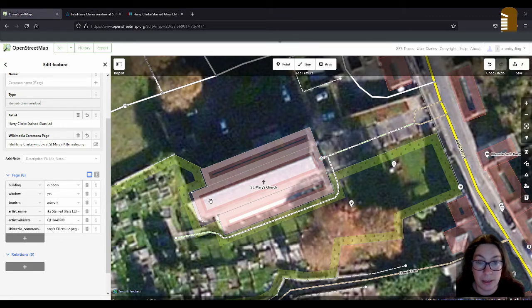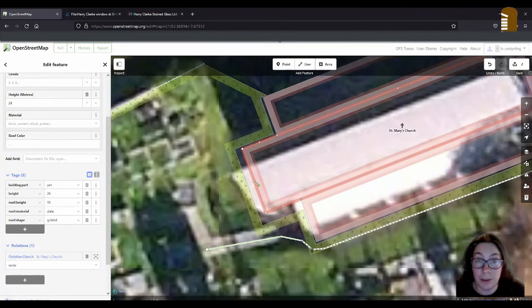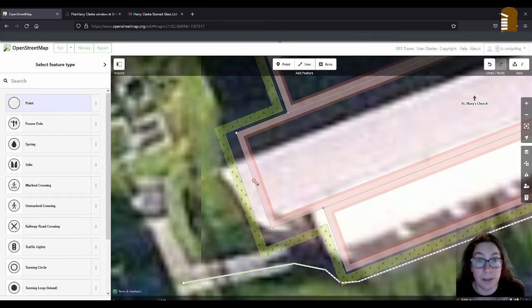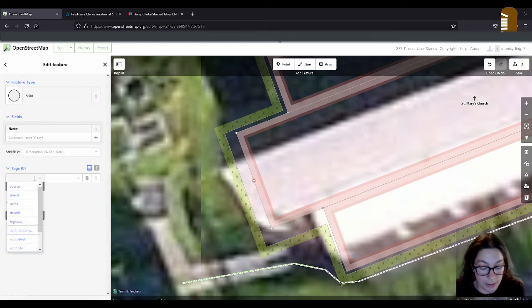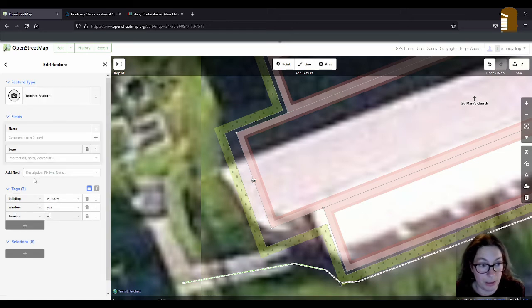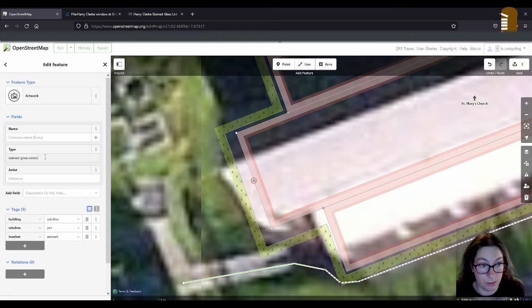So I'll just continue with the next one, which is the Meyer & Co. They are a German company from Munich. I don't think they exist anymore, but they were around for a long time, and they are the ones that did the window in the Black Abbey in Kilkenny as well. So we'll use the tags again: building, window, and window, yes, and then tourism artwork. And I'll use the stained glass window again.